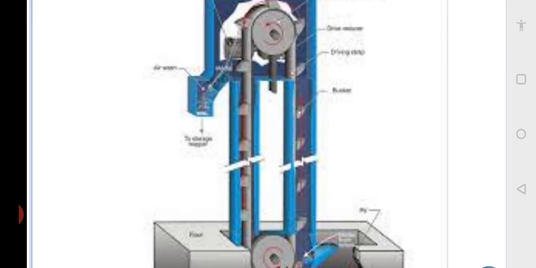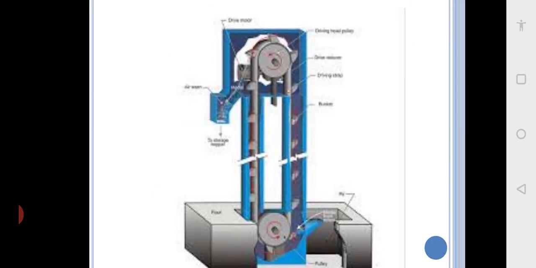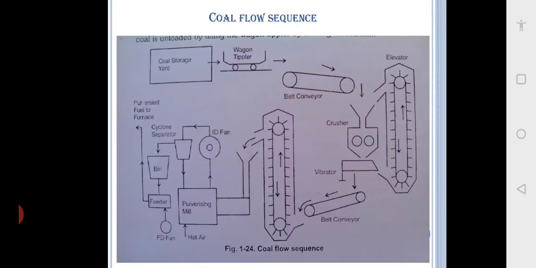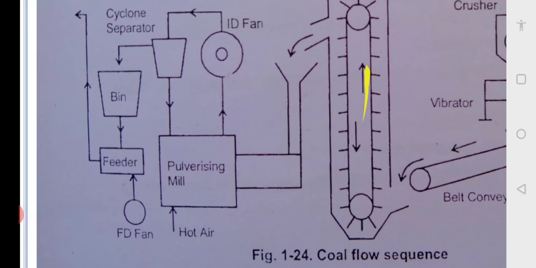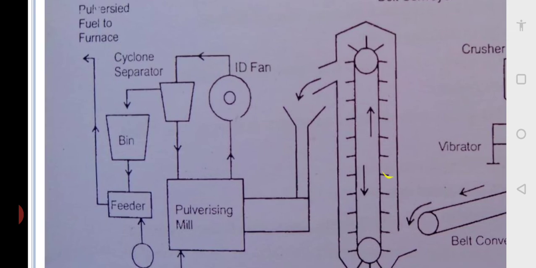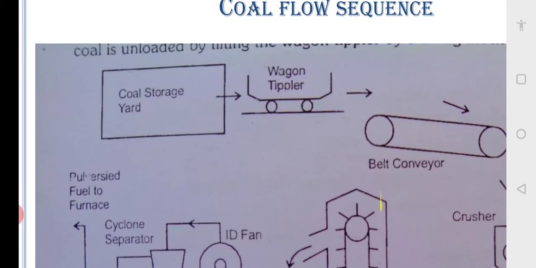So this is your belt conveyor, two rollers with belt as well as bucket. Sorry, this is bucket conveyor. Okay. Then you wanted to see the coal flow sequence, you can see same thing is there here also. Not a big thing. Coal,